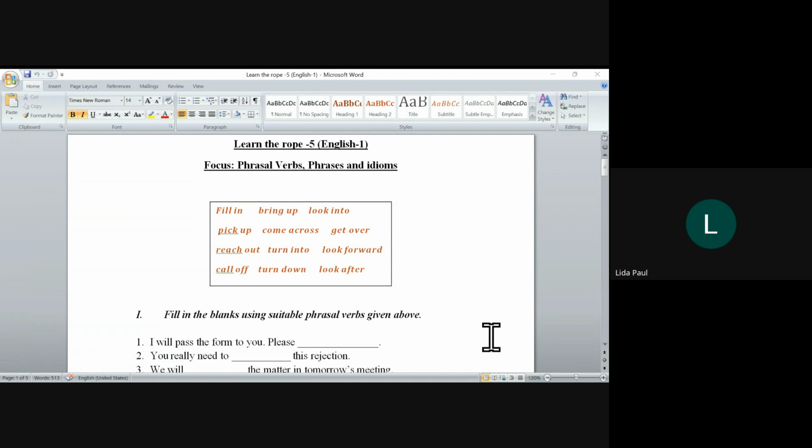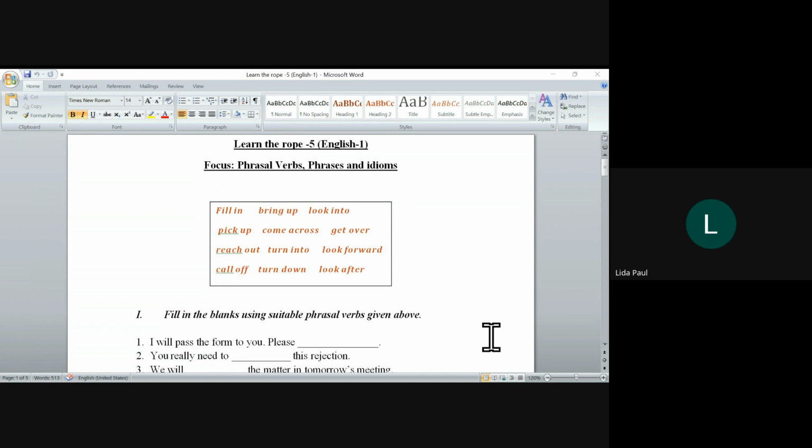What do we mean by pick up? Let's take two examples. Collect. Okay, so one is pick up. Based on the meaning you gave me, collect, a sentence would be: pick up the papers from the floor, pick up the bits of paper from the floor. So in that sense, it means remove or collect, right?